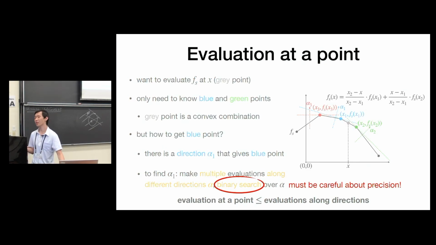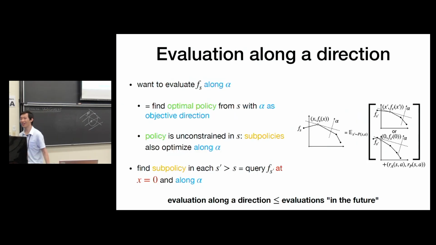And a central issue is numerical precision, which I don't want to explain. So what about evaluations along directions? Say we want to evaluate the curve along a direction alpha. What does that mean? That means we want to find the optimal policy from the state S with alpha as